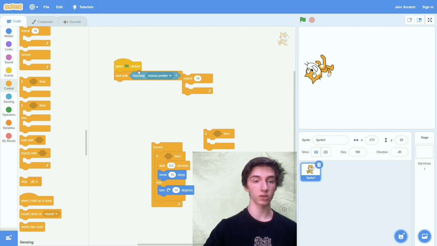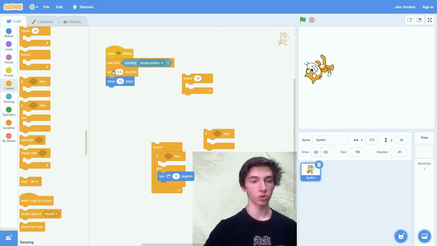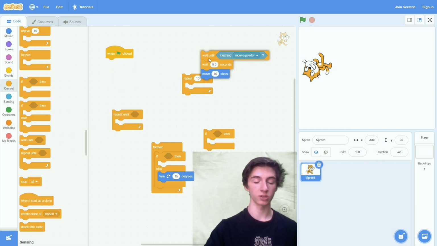So what we can say is pause, wait until you are touching the mouse pointer, and then continue the program, or wait half a second and move 10 steps. So he is waiting, then we will touch him with the mouse pointer, and then he'll wait half a second and move 10 steps. The next block is the repeat until,